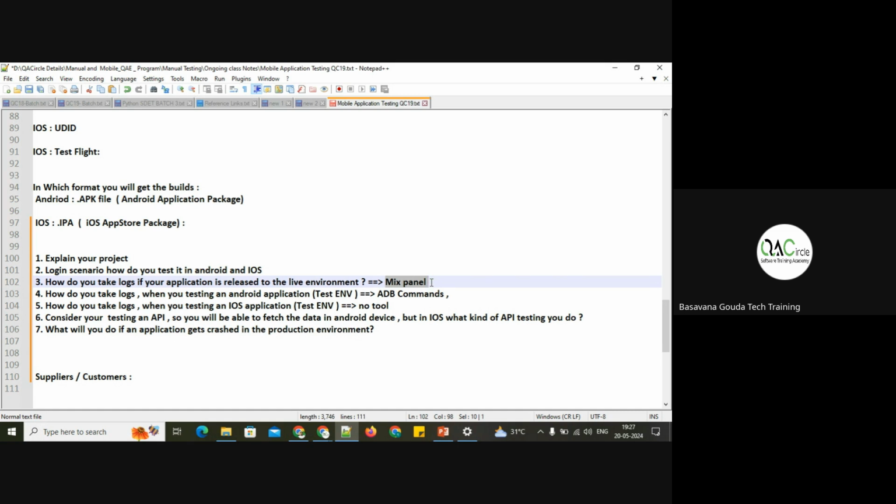Then they will ask, so will you delete the old software and will you release a new software? No. We will be pushing the new changes to the production environment. We will not delete because all the customers are already using it. So we have an option to